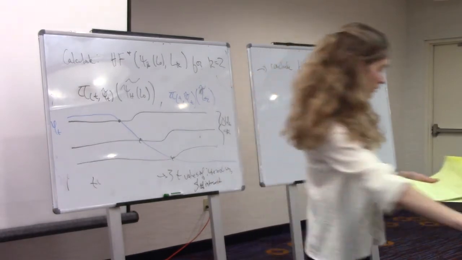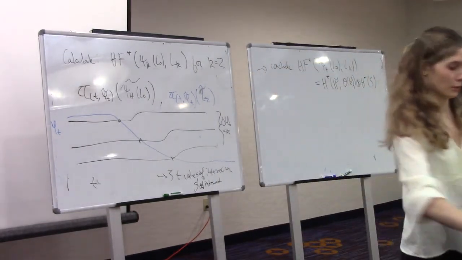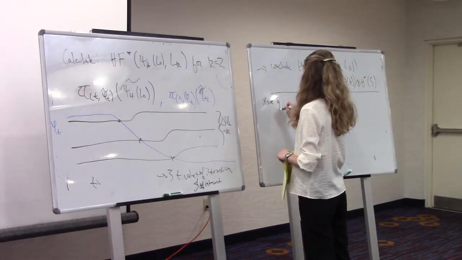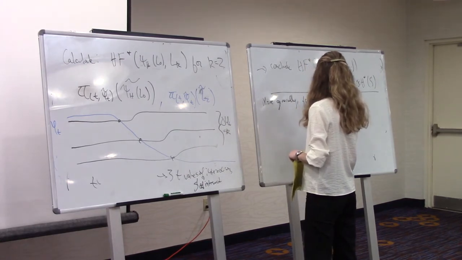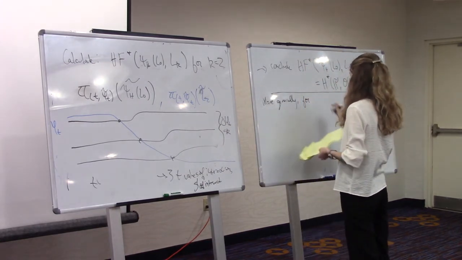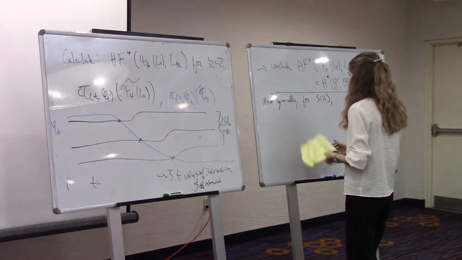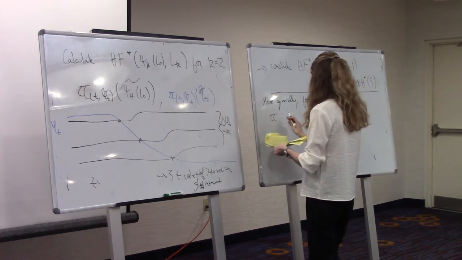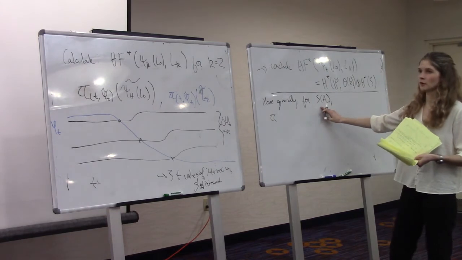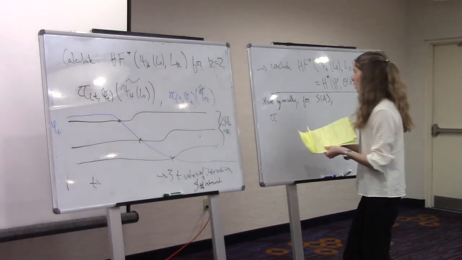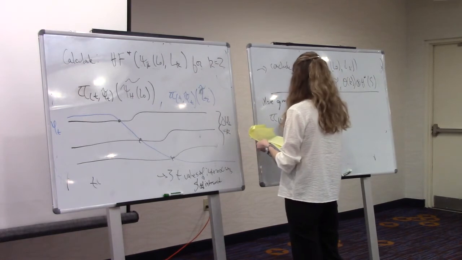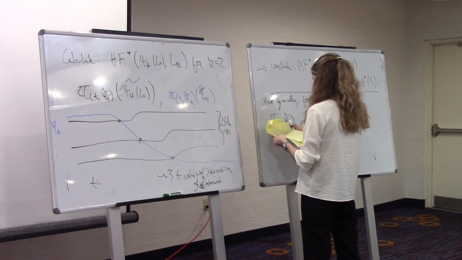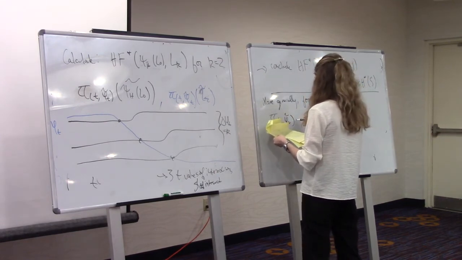More generally, say for some complicated thing: the mirror of your line bundles will still be product Lagrangians, and you have this pi of t, phi t, the projection,